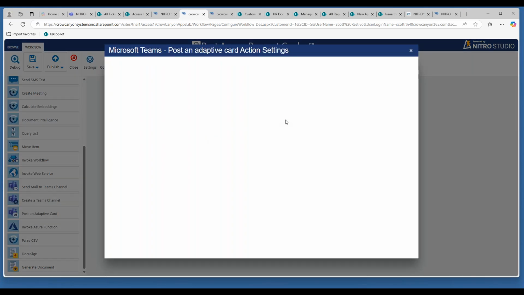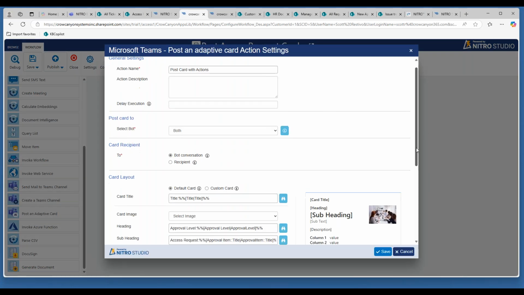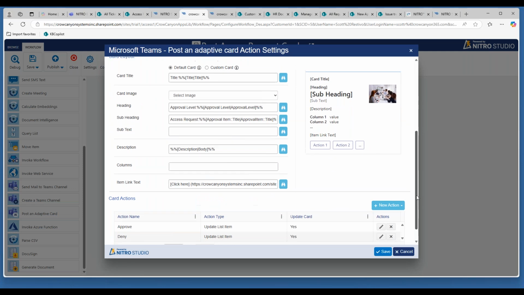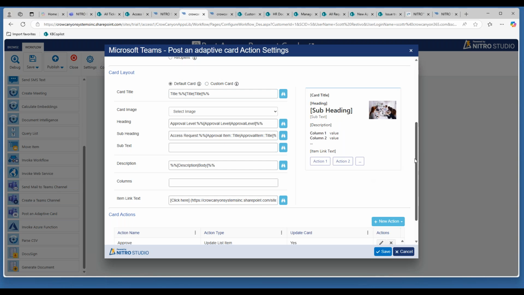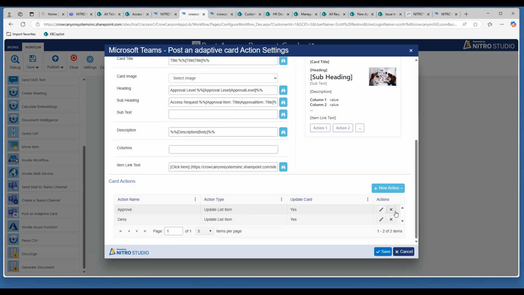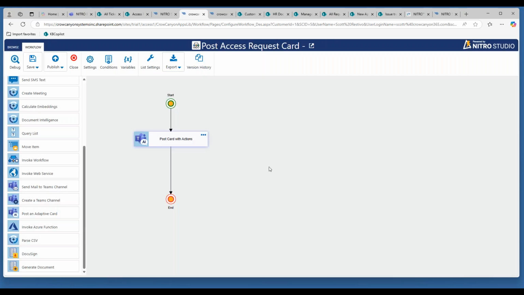It's configured to post this card that you see in my NITRO Engage bot right there. And you can design this whole thing of what you want, the title, the heading, the subheading, and what the actions are. The actions are defined in the workflow as approve and deny. When approve happens, it updates a list item to say approve. When it's deny, it also updates it to say deny. So by having all this stuff happening behind the scenes,